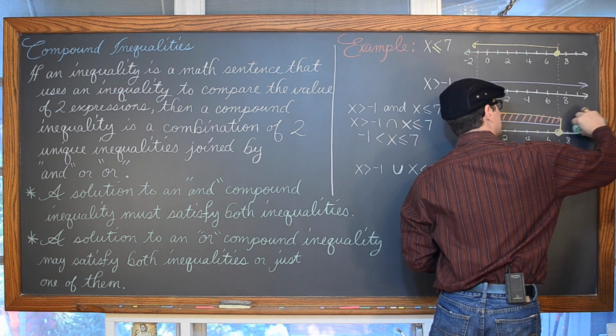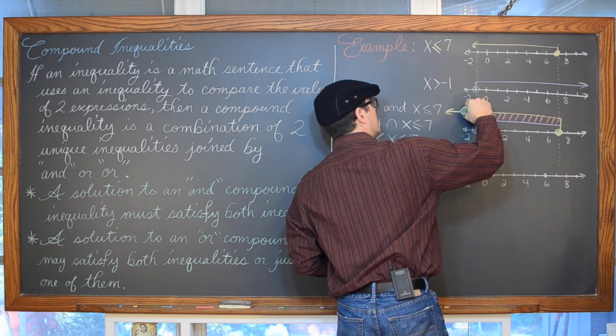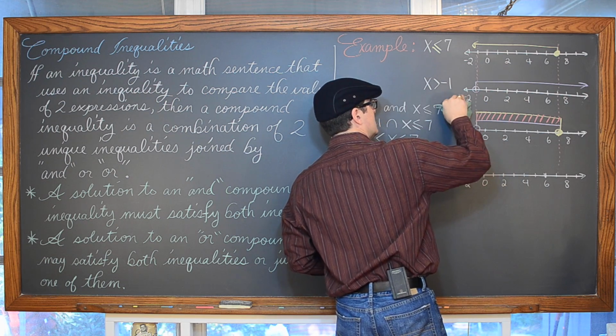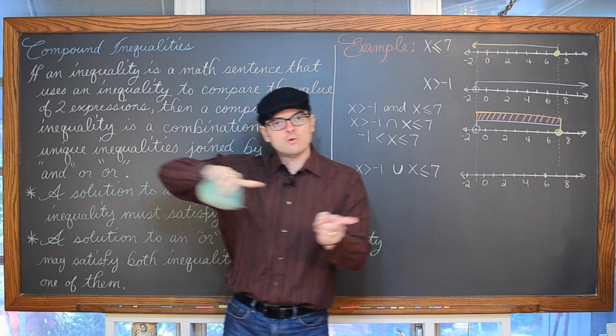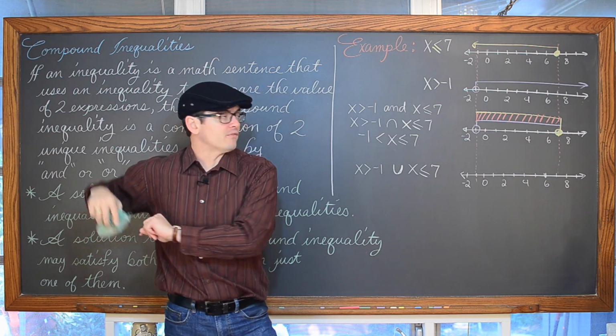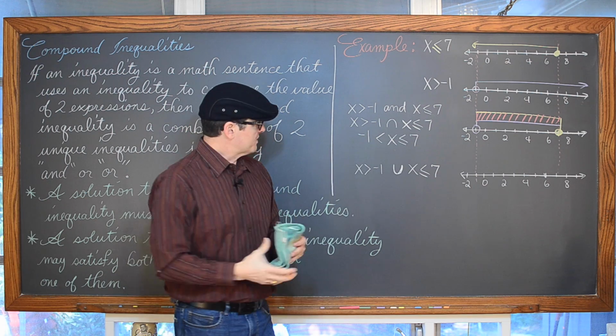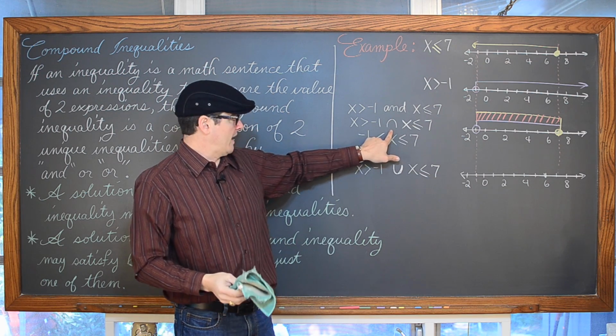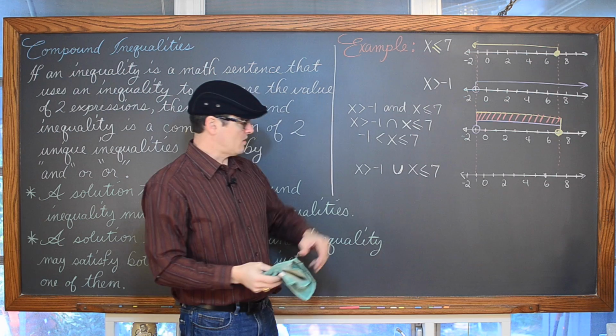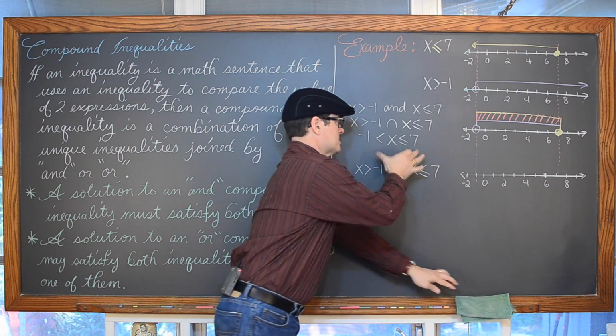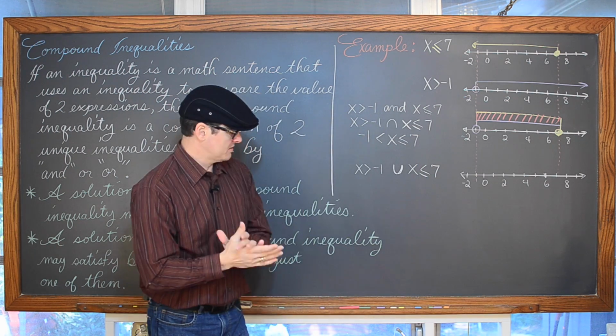Or, to make it even neater, since I did make these two number line graphs separate, I can just take this out and this part out, because the solutions aren't going to the left from 7 forever and going to the right from -1 forever. With this word and, or the math symbol and, or just this inequality written all together with this one sentence that has two inequalities in it.